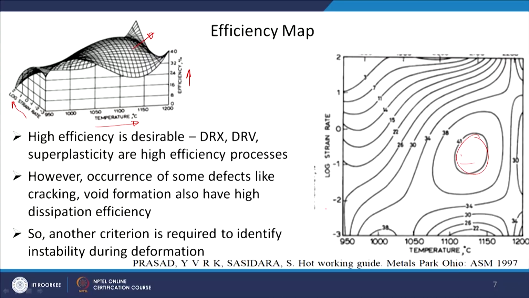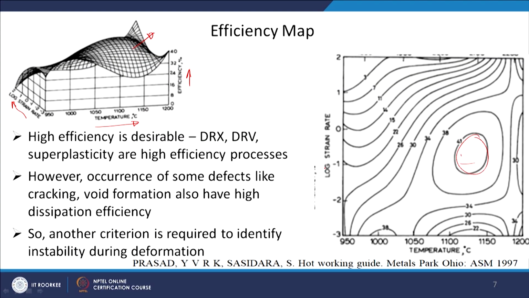One is high efficiency: I want to know what the high efficiency regions are, and you can understand that I am doing that just by knowing the stress as a function of strain rate, strain and temperature. So, you have temperature on the x axis here and strain rate on the y axis. Of course, it is taken as logarithmic because we are changing strain rate by orders of magnitude, 10 to the power minus 3, 10 to the power minus 2, then 10 to the power minus 1 and so on. So, I have to have a log scale. Temperature I am more or less varying in a linear fashion. So, the x axis is linear here, and on that we are plotting these high efficiency maps.